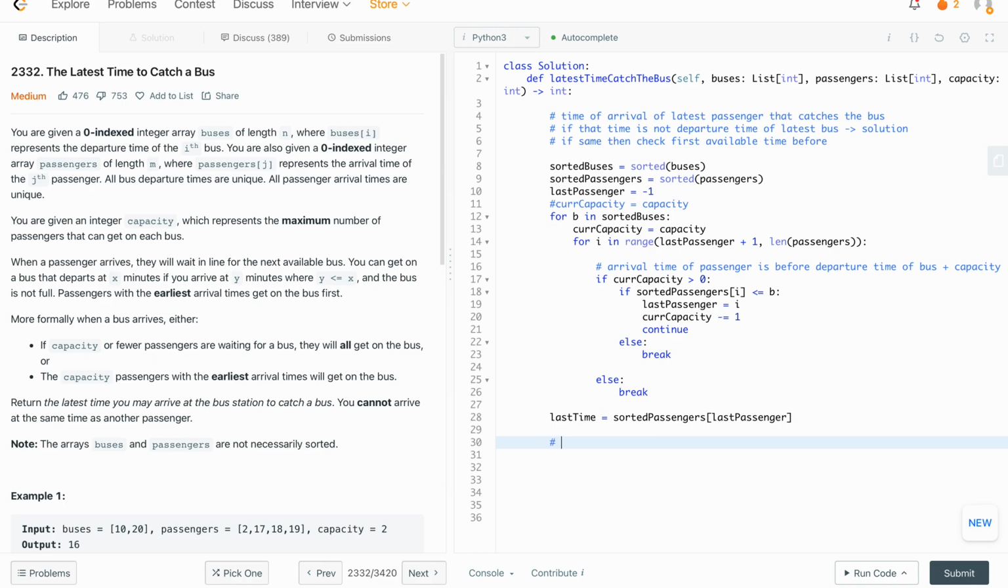So there are two cases. Either we have, even though capacity is, so if current capacity is greater than 0 and last time is not equal to sorted buses of -1, then we return